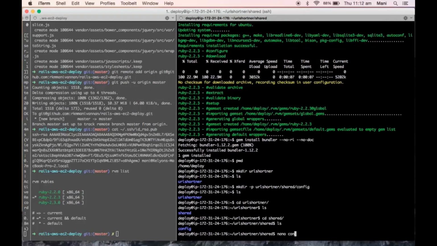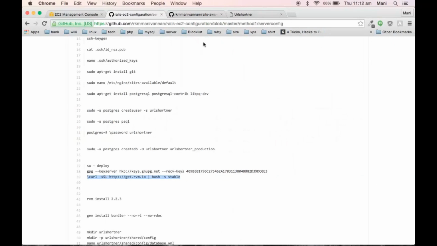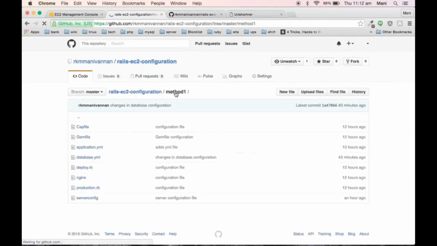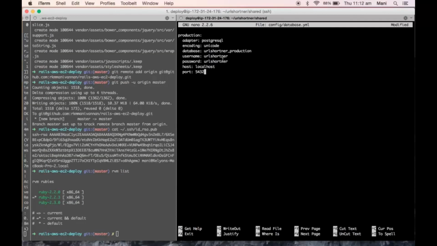Using nano, we need to paste our database.yml configuration. So here is my configuration setup. I am pasting it here.